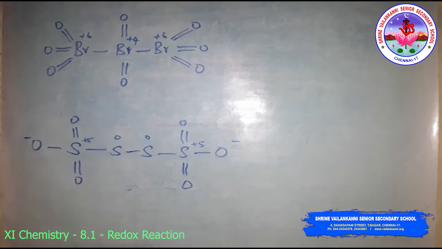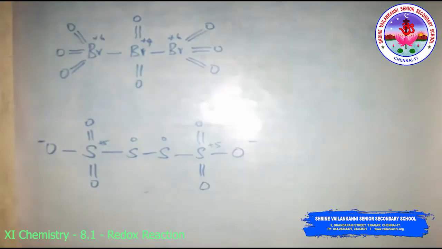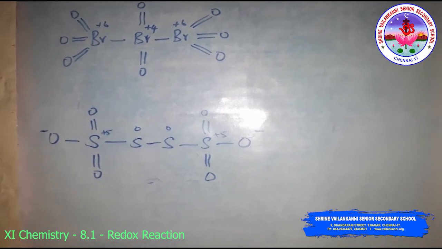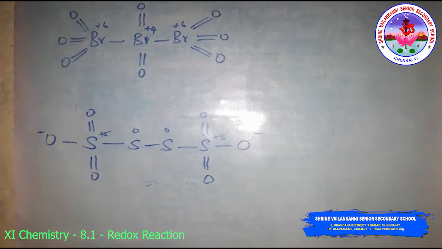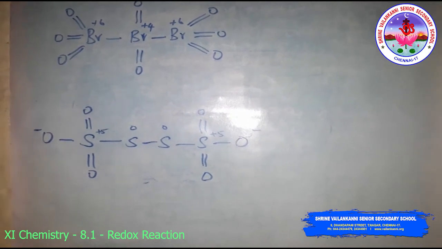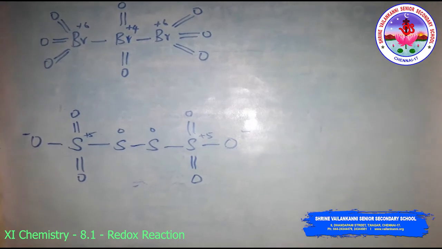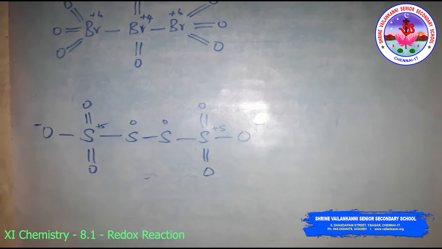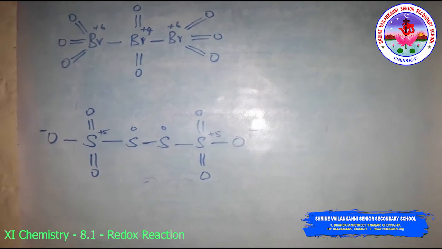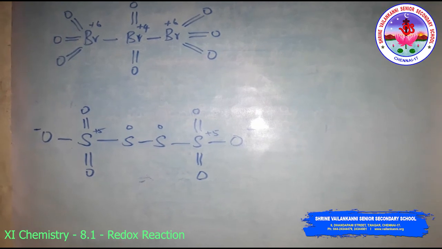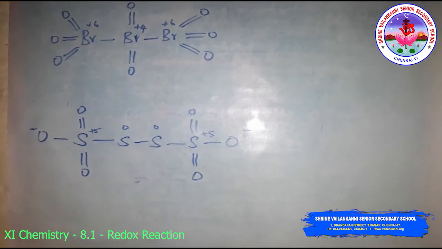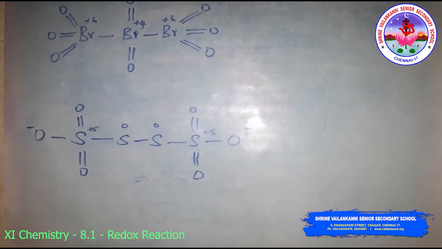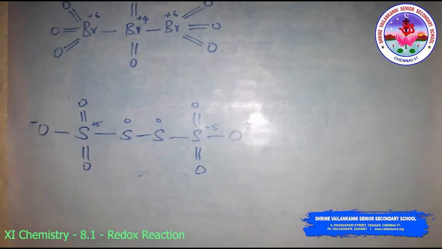Okay, students. See, the idea of the oxidation number has been invariably applied to define oxidation, reduction, oxidizing agent, that is oxidant, reducing agent, that is reductant, and the redox reaction. We can summarize: oxidation is an increase in the oxidation number of the element in the given substance. Then reduction is a decrease in the oxidation number of the element in the given substance. Then an oxidizing agent is a reagent which can increase the oxidation number of an element in a given substance.